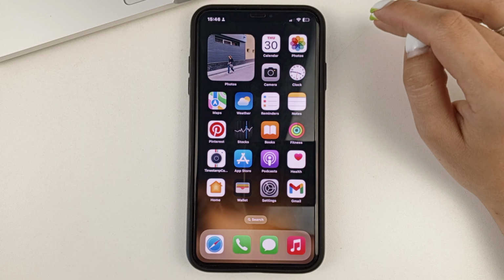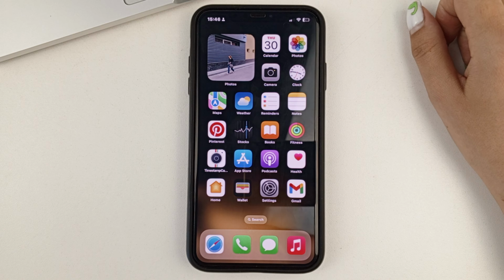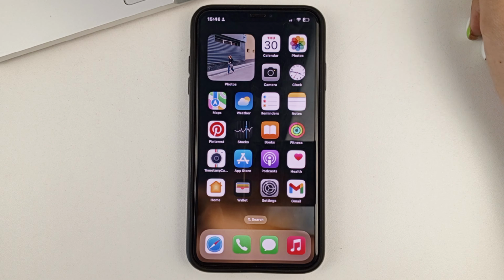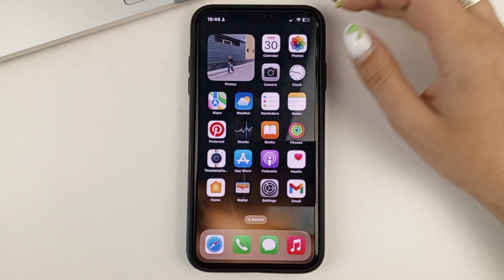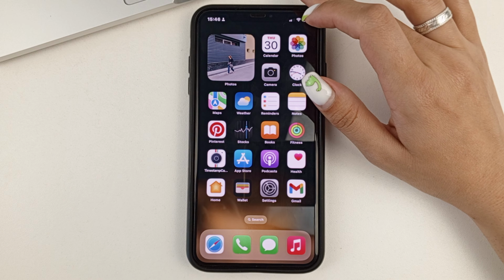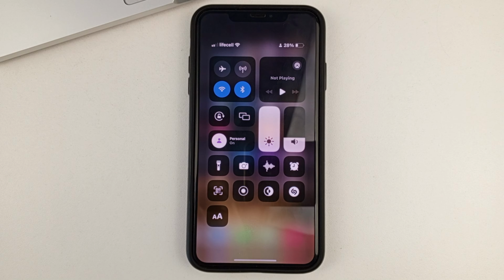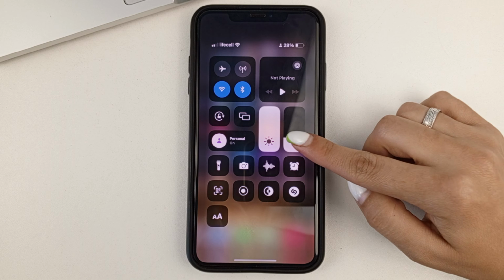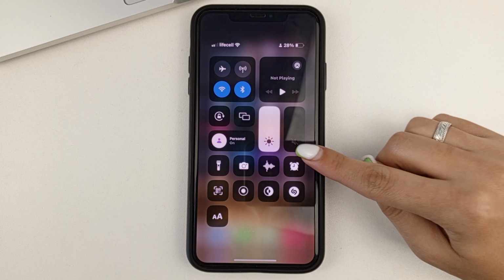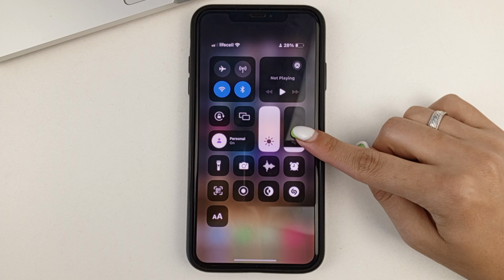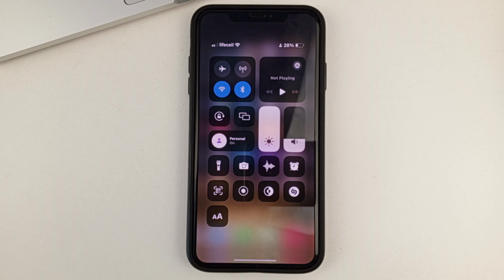First of all, always check if you have sound turned on, because sometimes we just forget to turn on the sound. We have silent mode. To do that, swipe down on the right-hand side of the screen from top to bottom and see if you've got the sound minimized here. If it is, then just pull it up.